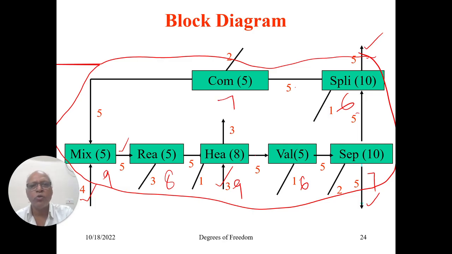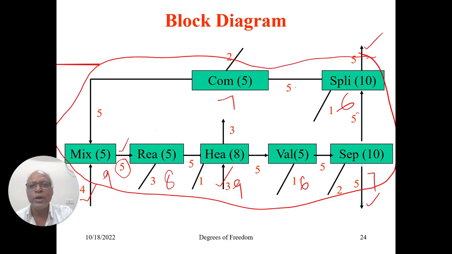So if you try to look at this, 9 plus 8 plus 9 plus 6 plus 7 plus 6 plus 7 will definitely not be giving you the degrees of freedom for the entire flow sheet. Because if you are able to solve this mixer, no longer do you need to worry about this. What do you mean by degrees of freedom for this? Do I have to define the stream? No. The stream is calculated once I am able to solve the mixer.